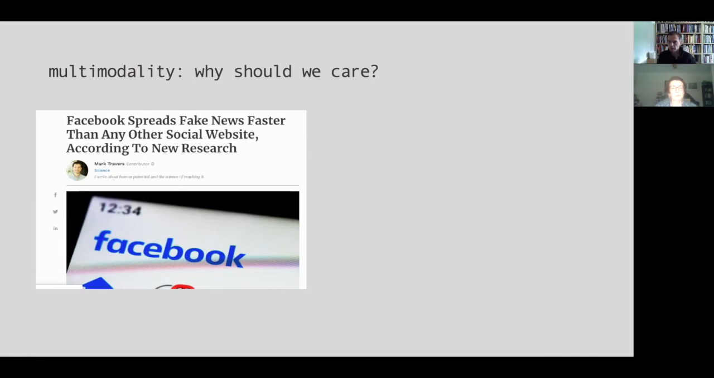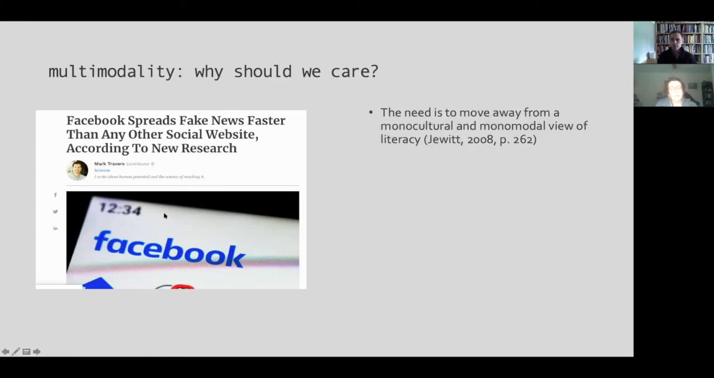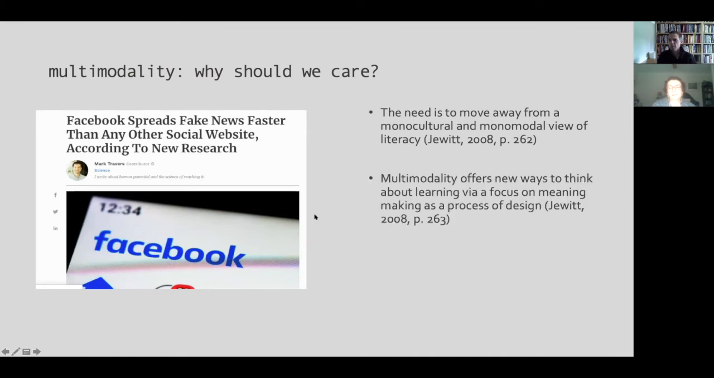I think they're in a much better position to make the sorts of meanings that are important to them and to create the sorts of relationships, identities that are going to be helpful for them into the future. So Jewett talks about this as a move from monocultural to monomodal to something that's more multimodal, away from forms of literacy that are restricted or that don't allow young people to realise a full range of meanings, and we want them, young people, to be able to do that,